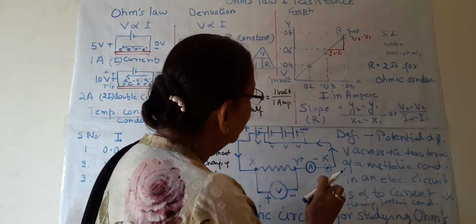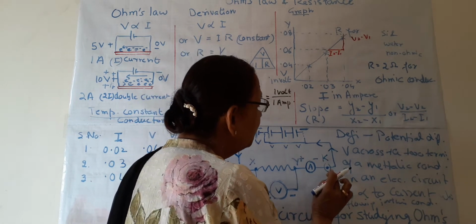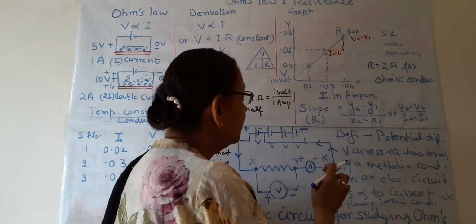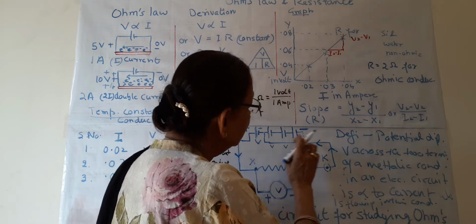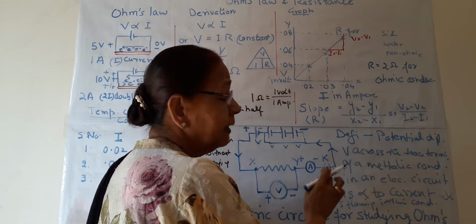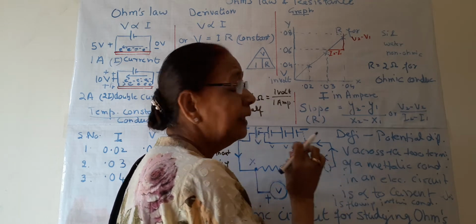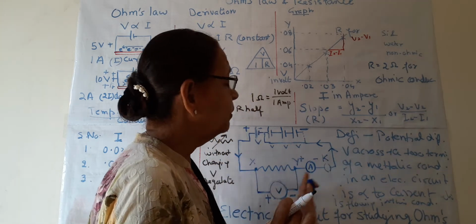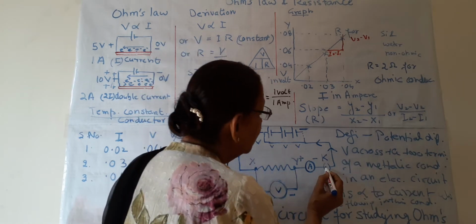The other component, the most important, is the key, or it is known as the plug key. It is a switch, and in this condition it is closed. Closed means electricity or the current is flowing in the circuit. If we don't put this dot, then it is open, and now the circuit is broken and no current is passing.